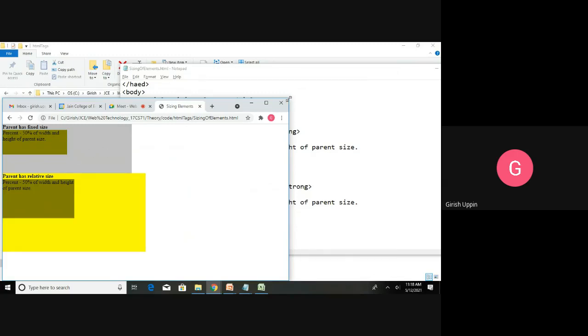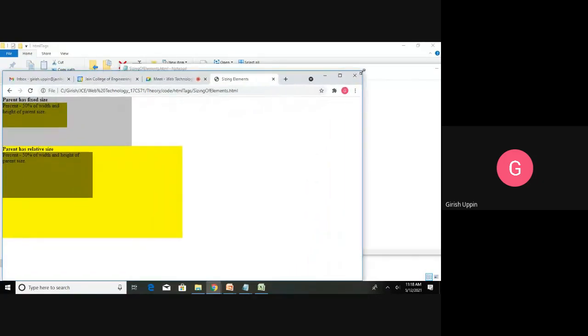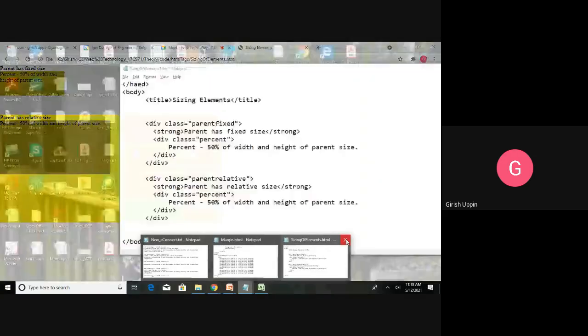You can see that. I will show it again. The below div is increasing according to the parent size. But if you see this particular thing, it is not changing because it is according to the fixed size. Okay, we can make out. So that will give the idea about how the relative sizing happens.